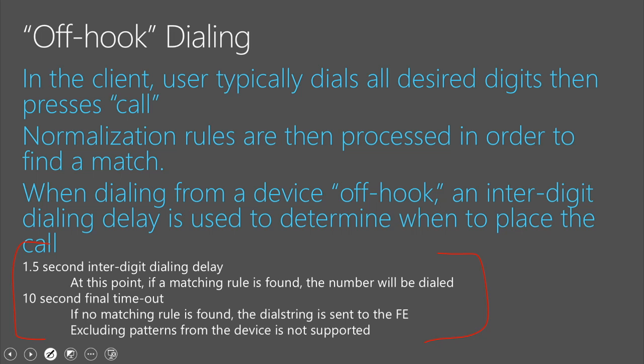Maybe it's not just any 5 digits, it's 5 digits starting with a 4, because that's what we use for internal extensions. Or if you know the other specific rules for the area that you are in, the numbering plan that you're in, make those rules as specific as possible, simply because it will make it less likely that when a user is dialing off hook, they will accidentally match a rule and be tripped up by this short interdigit